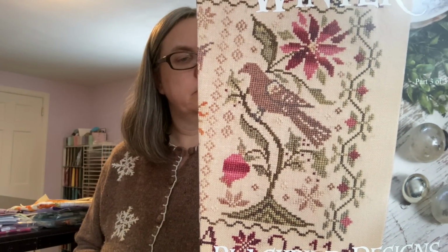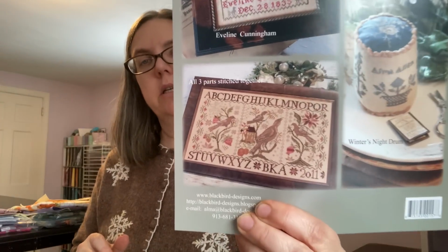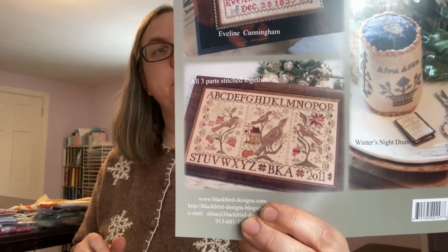The next one is called Loose Feathers Winter. So I picked that one up. I guess this was made, and you all would know much better than me, so it was 3 parts done at one point. That's what it looks like if it was all done up. I don't know. I picked this one up just because I thought it was pretty. I love the colors and I liked the piece. I don't necessarily know if I would pick up all 3 or do all 3, but I do like those